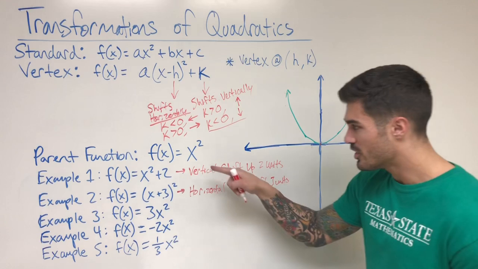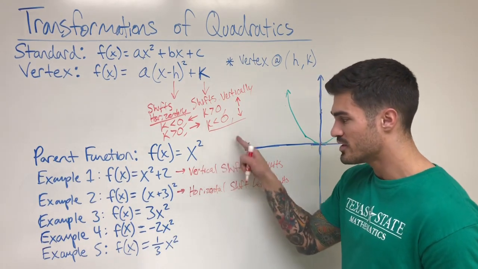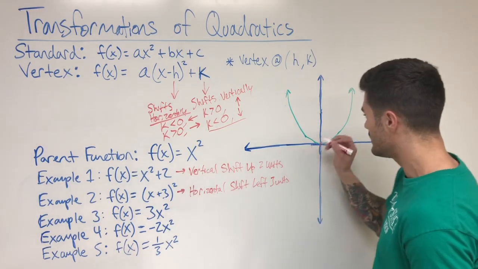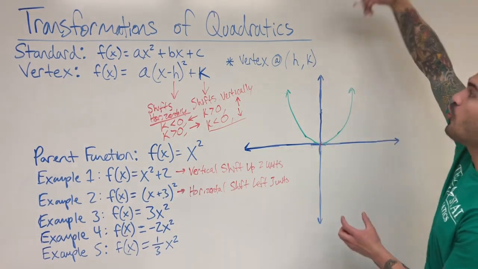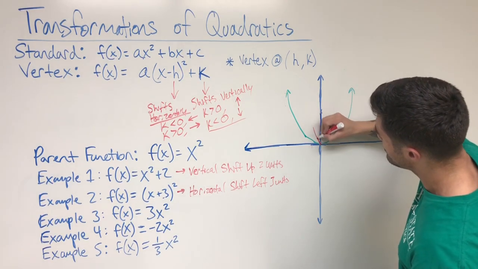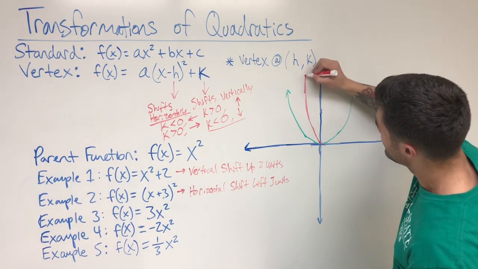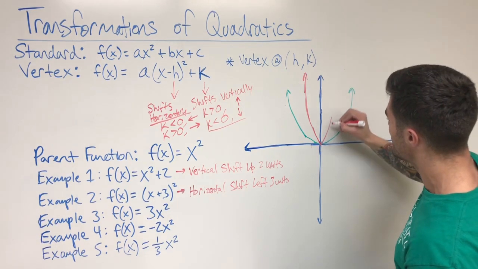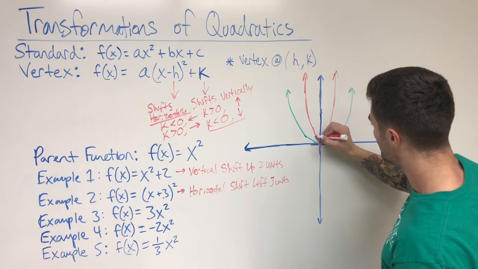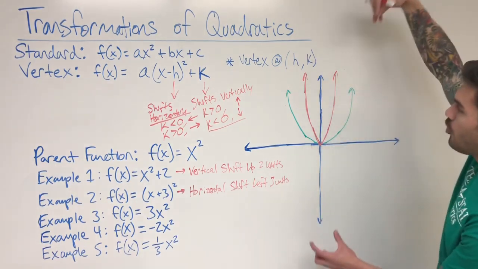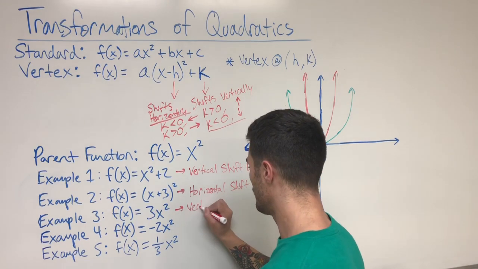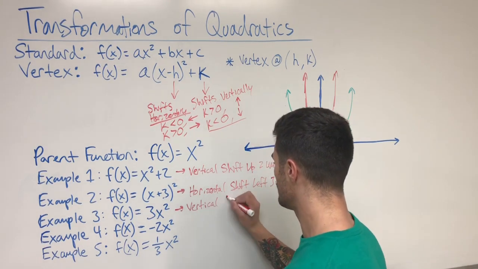But look what happens. Let me plug in 1 for x here. I get 1 squared, that's 1. If I plug in 1 for x here, I get 1 squared, that's 1 times 3, that's 3. So all my values are being pulled up, basically. They're being stretched. That's the way I think of it, at least. So we have the same parabola. It's just skinnier. It's being stretched up, right? It's still a U shape, but it's being pulled up. It's being stretched up. So we have a vertical stretch,